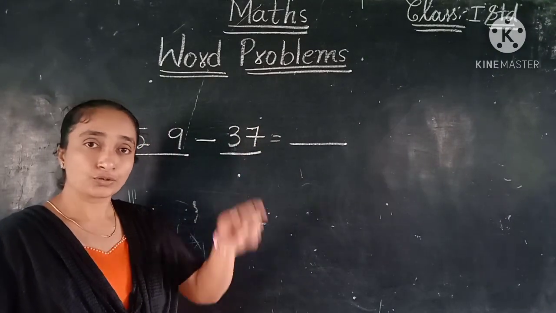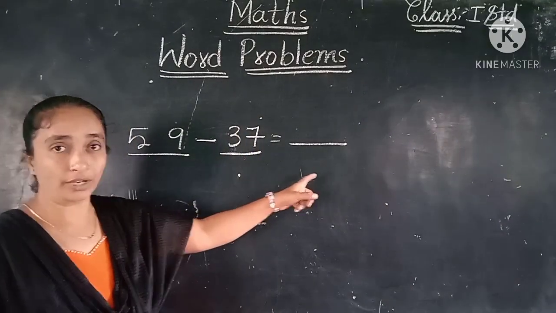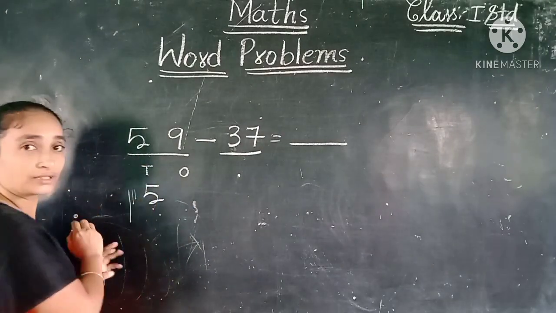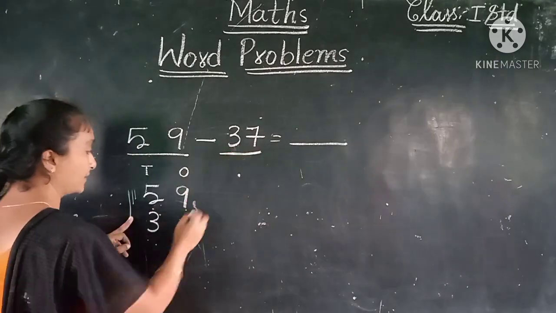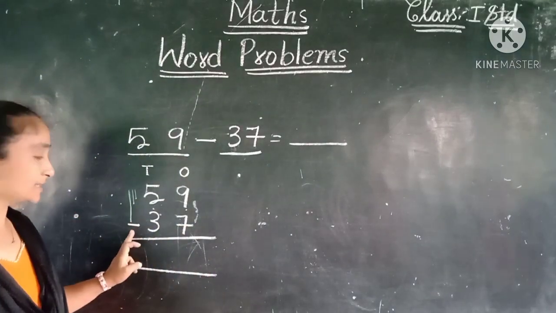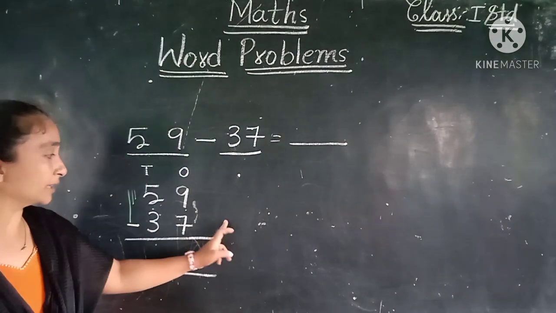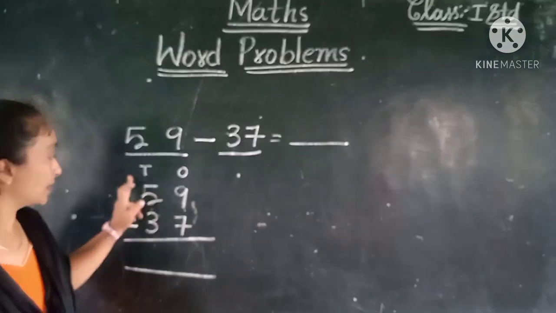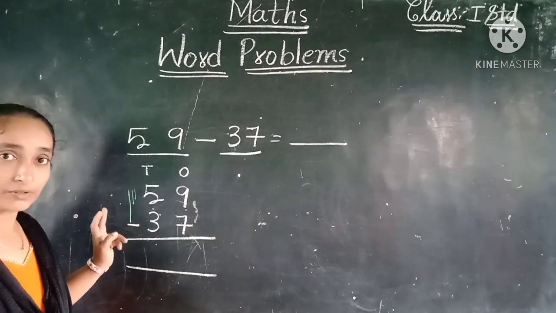So left. First of all we have to do this calculation in a vertical form. So like this we can't do the calculation. Okay, so let us write down here. So this is the tens and this is the ones, children. 5 tens, 9 ones, 3 tens, 7 ones. Minus. We are doing the subtraction. So the minus symbol comes before the number, children. So you can't keep the sign here and write the number there. That is the wrong process. The ones place should come in the ones place and the tens place should come in the tens place, and the symbol must come before the number. Okay children, is that clear?